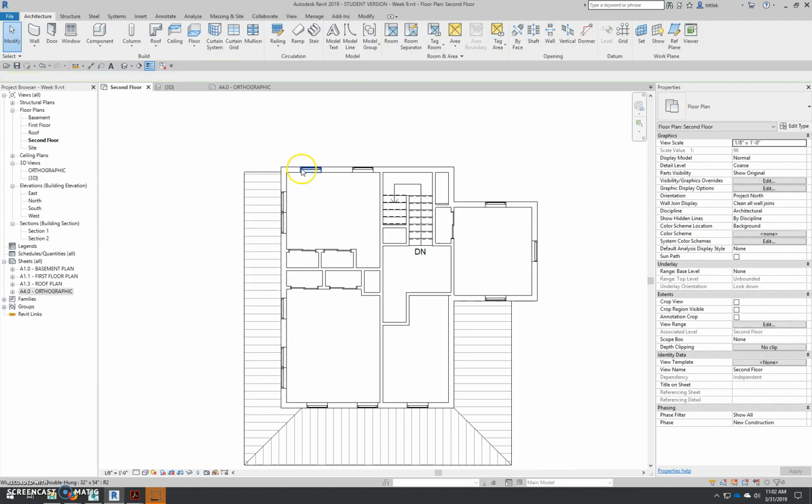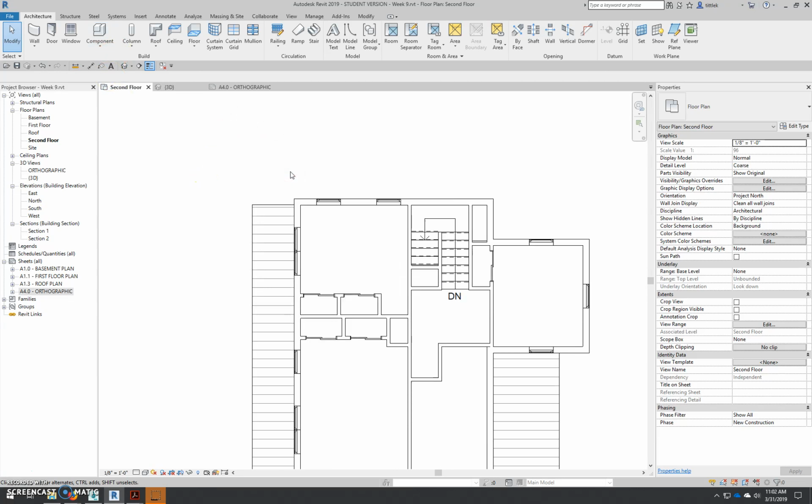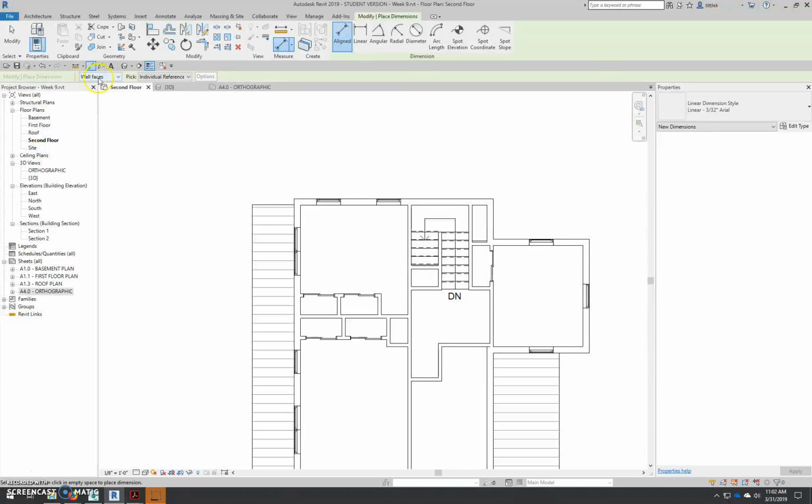The only thing left to do is create your dimensions. So I'll just quickly go over that. The dimensions are shown in your final deliverable, they just don't actually have numbers. So you can use that as a guide, and I always use the align dimension on the quick access toolbar. Make sure you have wall faces selected, and again, I tend to go inside out. So I'll do a string like that, place it, and then do the next series, place that, and then do